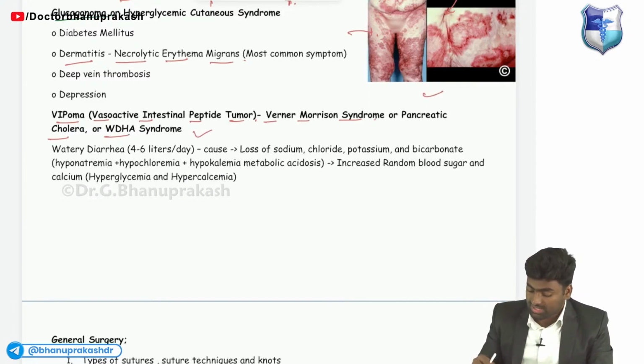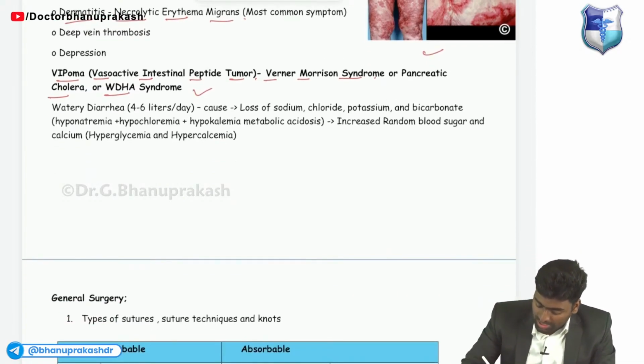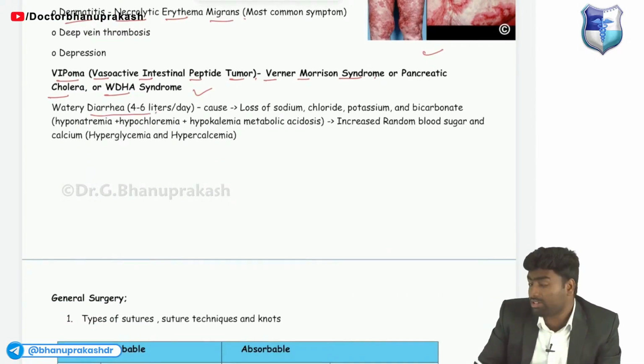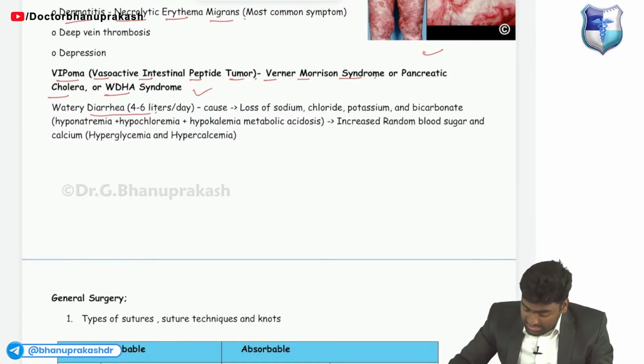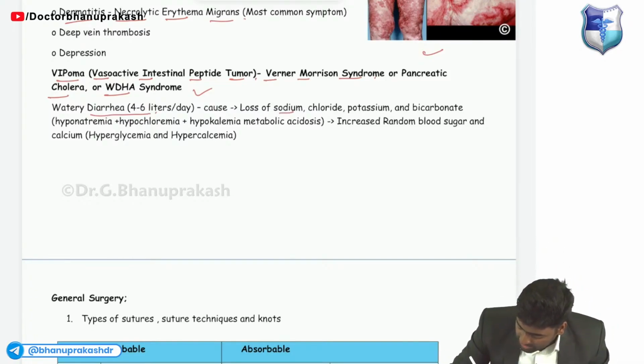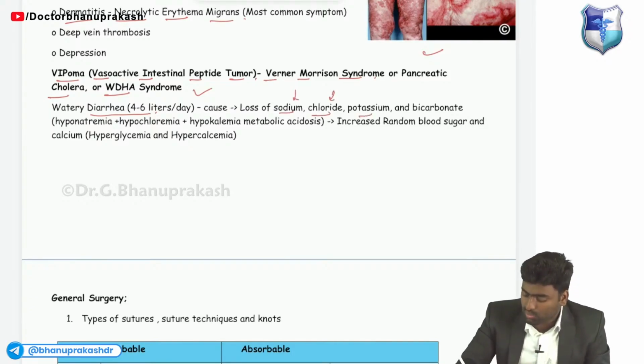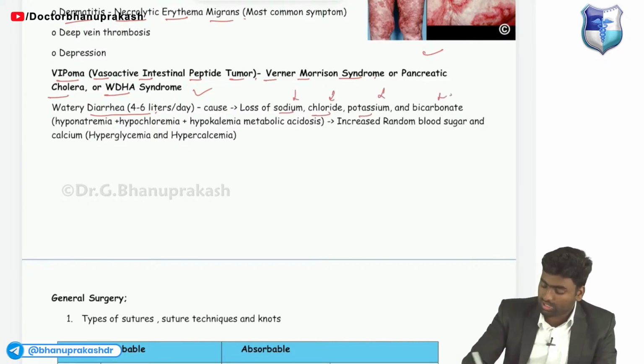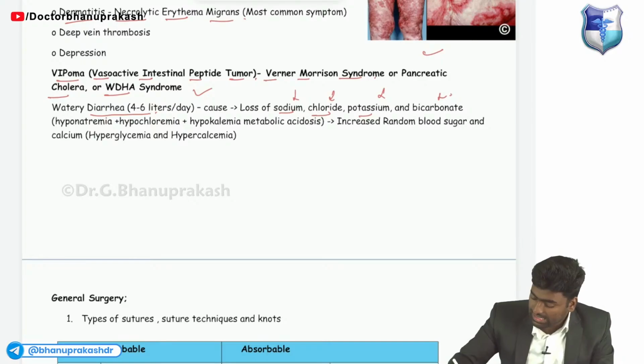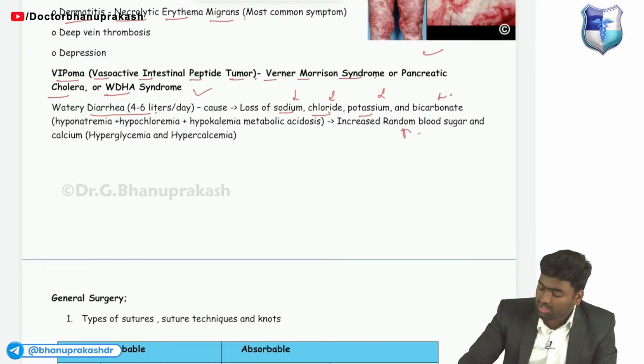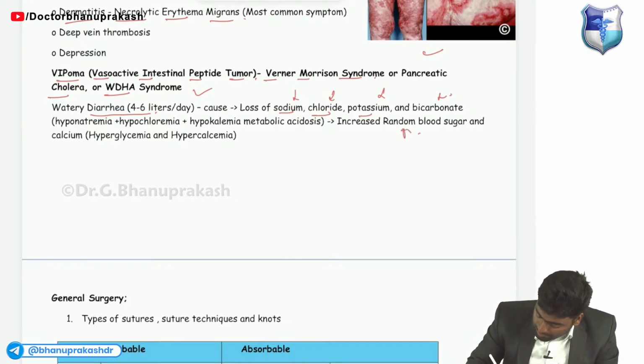It is also known as VADA syndrome. In this scenario, the patient will be experiencing watery diarrhea 4 to 6 times a day. This leads to electrolyte loss of sodium, chloride, potassium, and bicarbonate, along with increased blood sugar levels and hyperglycemia,